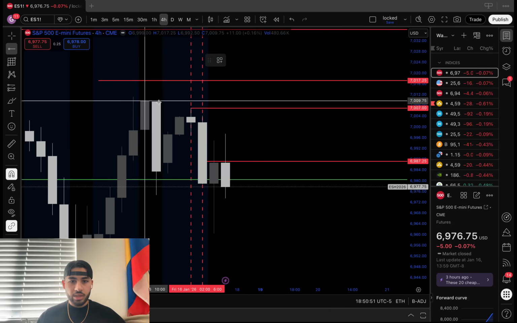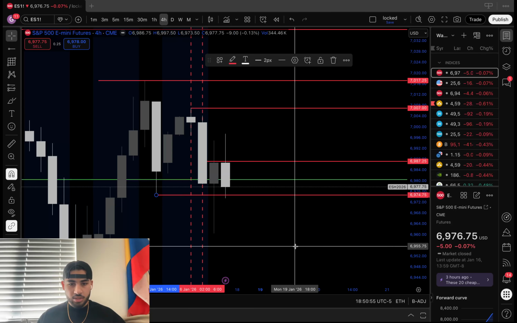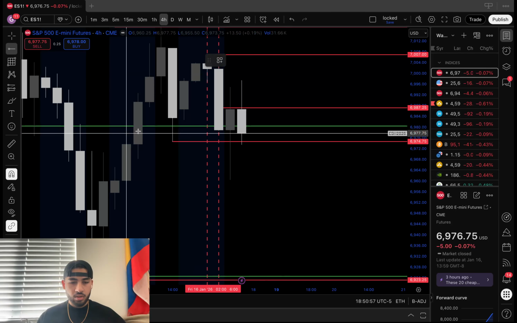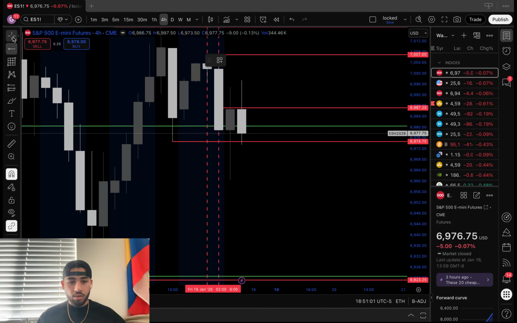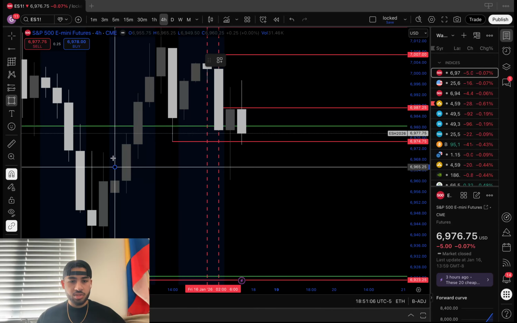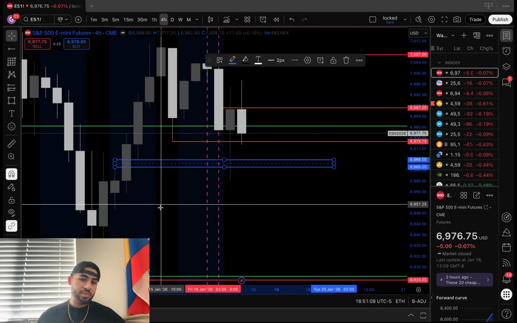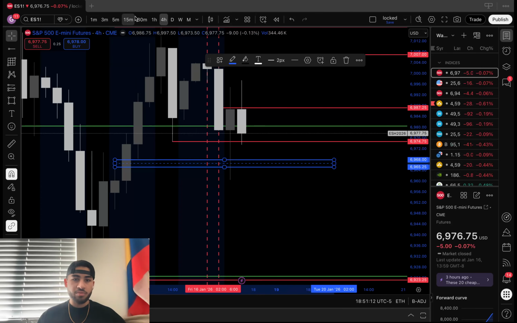On the 4 hour, we got anything else that you can mark out? Yeah, sure, we can mark that out. That was a low before. We can mark out these. No, we don't really need these. We can mark out gaps. I also like marking out gaps on the 4 hour and hourly before market open. This is like a draw on liquidity. Like right here, this would have been played out perfectly. If you use this as a draw on liquidity, it comes down, fills in the gap, moves higher.